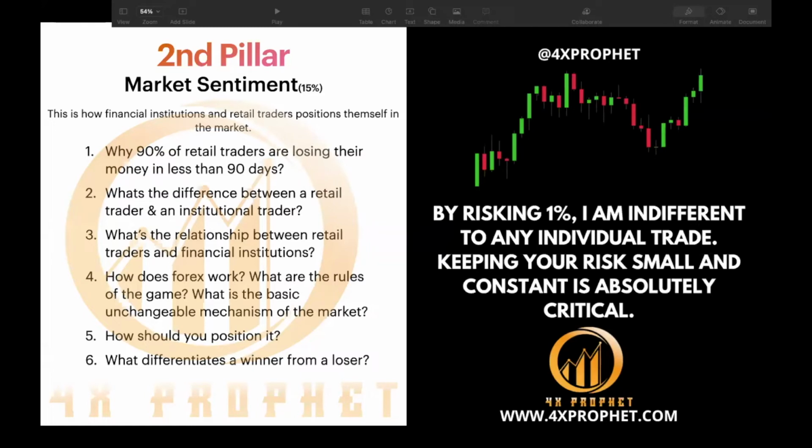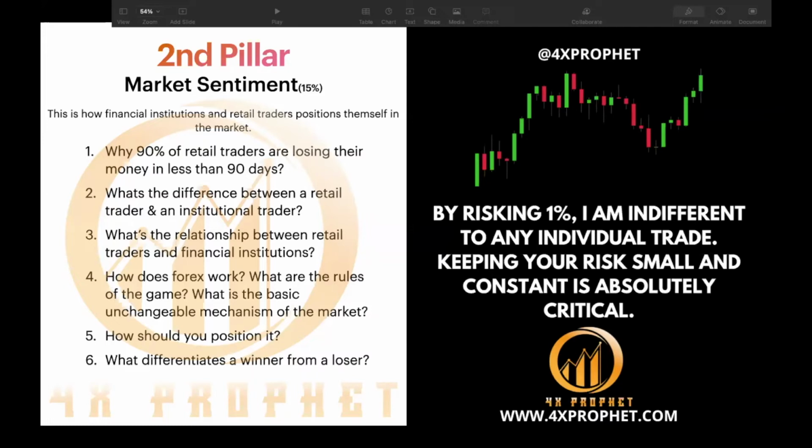The second thing is, what's the difference between a retail trader and an institutional trader? You need to understand this. This is super important. And I see that word institutional trader being misused a lot. Personally, I don't care, but you need to understand what it is so you don't get confused and have this thing in your head that you need to be an institutional trader to see profits. I'll go over the definition of that after all of this.